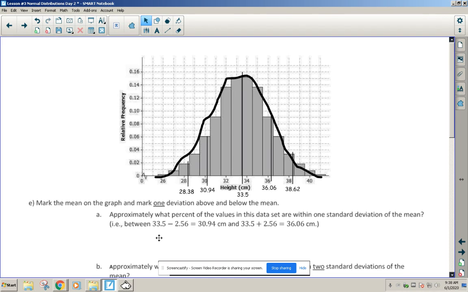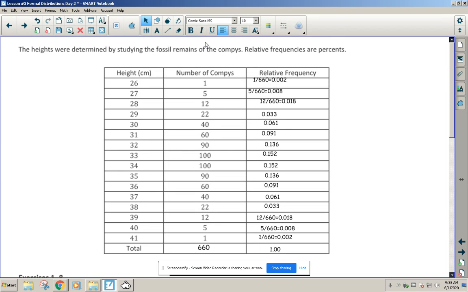But if we look here on our graph, we have from the numbers 30.94 to 36.06, and we actually look at this table,